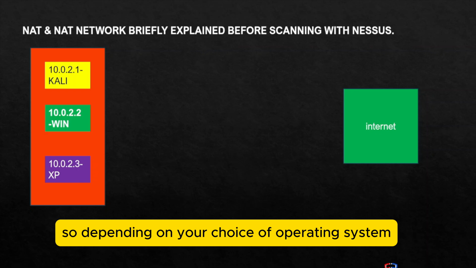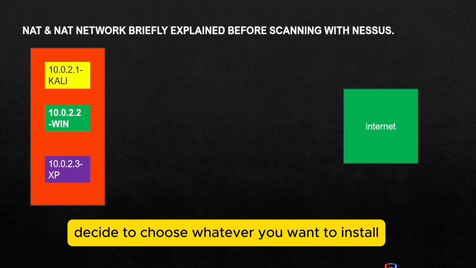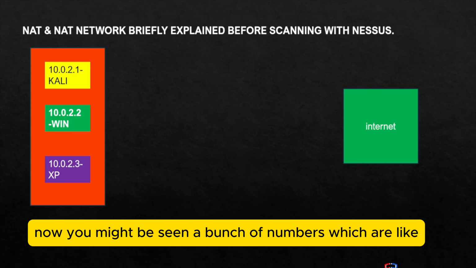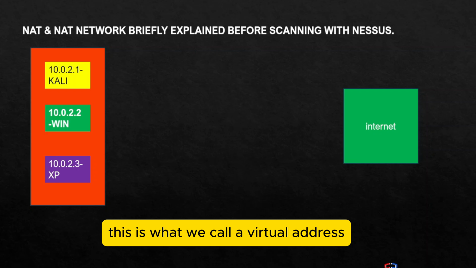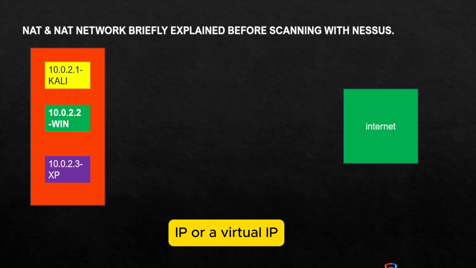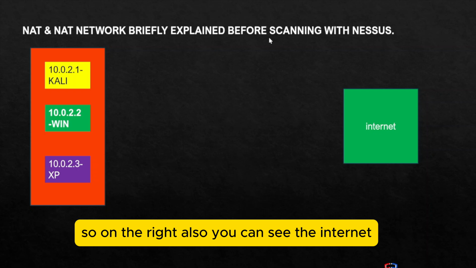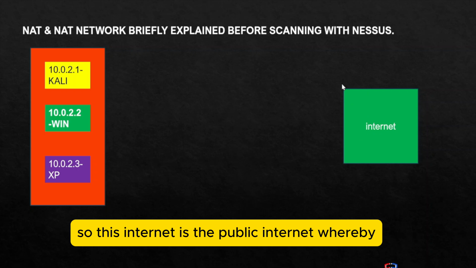Depending on your choice of operating system, you can decide to choose whatever you want to install on your VirtualBox machine. Now, you might be seeing a bunch of numbers, for example, for the Kali, we have 10.0.2.1. This is what we call a virtual IP address, which is also known as a private IP address. On the right also, you can see the internet. This internet is the public internet, whereby